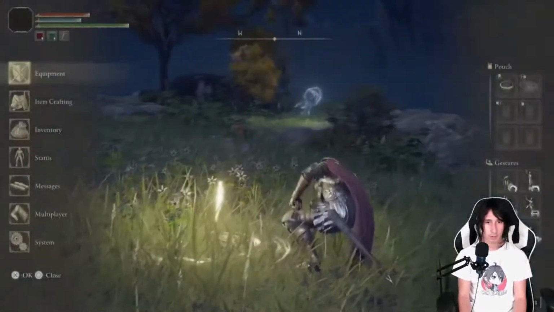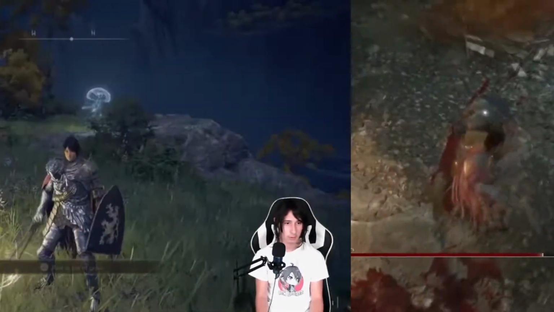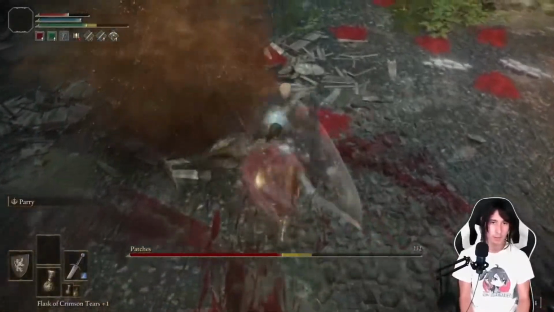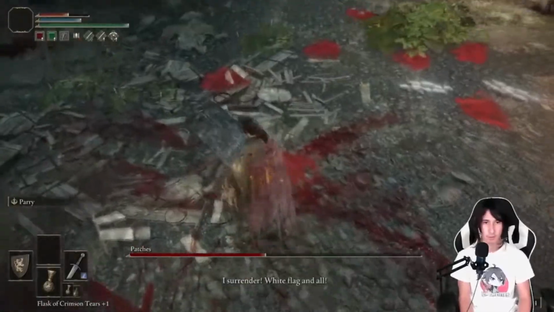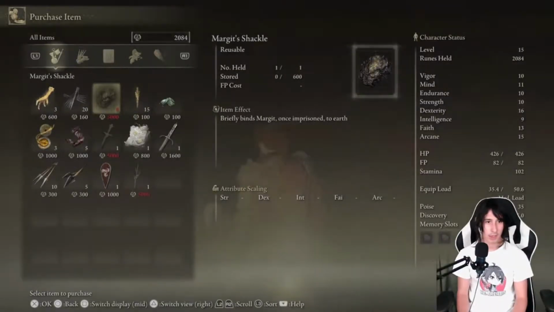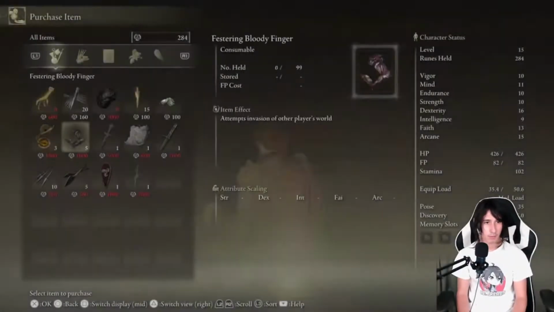is a good time to fight Dr. Patches Jr. Thankfully, Dr. Patches is not going to give us too much trouble since we have a few levels and some better gear, and overall we can triumph. I also buy the Morgat Shackle here, although I will completely negate using it later on, but it's still great